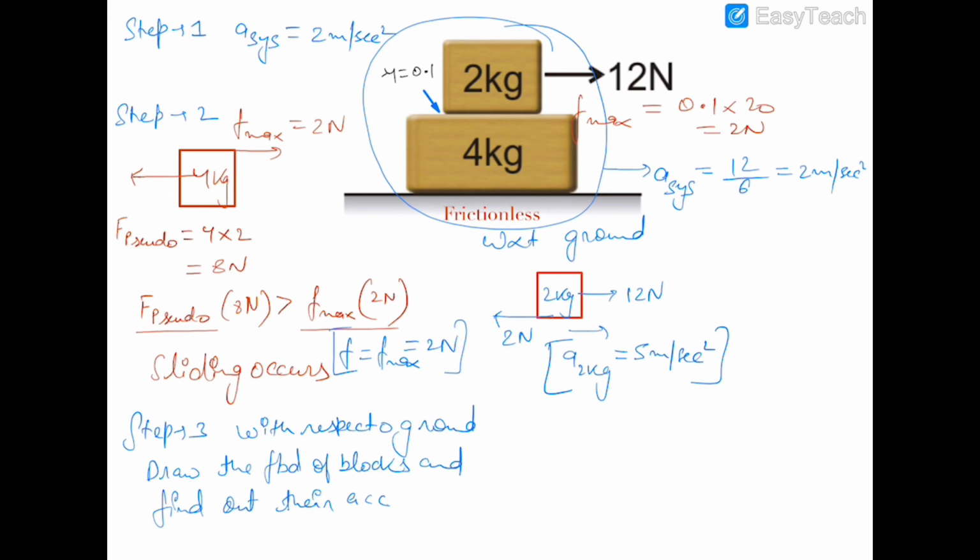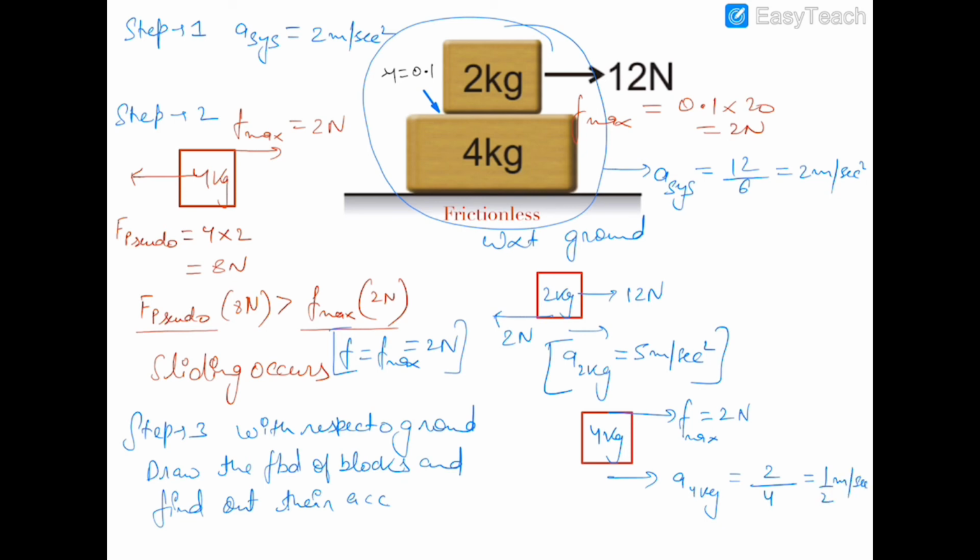And if I draw the free body diagram of this 4 kg block, there will be a friction force acting on the 4 kg in forward direction, which will also be equal to 2 Newton, because action reaction forces are equal. Therefore this 4 kg block is experiencing only this friction, which will move it, and therefore the acceleration of the 4 kg block will be equal to 2 upon 4, which is half meters